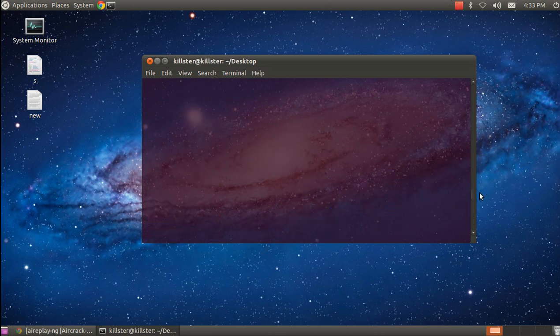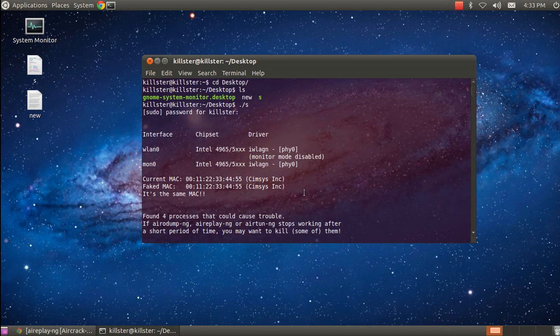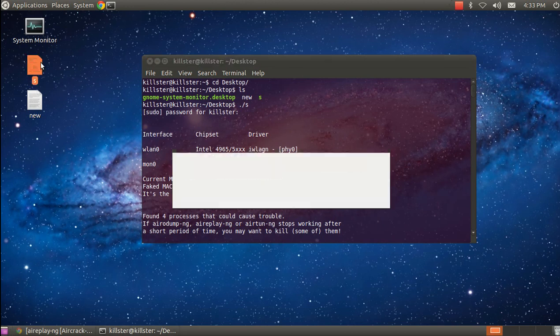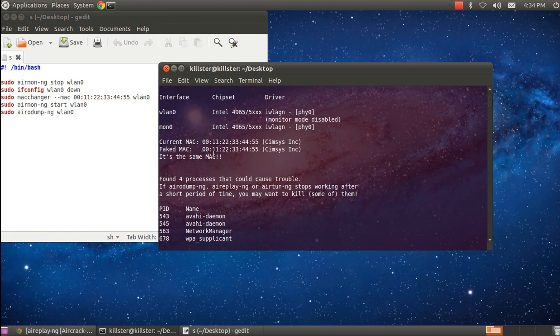And basically, I'm gonna go over to the top so you can see the other ones. So you can see that it ran everything. And yeah, what that first command did was it turned off my wireless card, and you can see that it says monitor mode disabled. Next, it faked my MAC address. So the current MAC address should be the original MAC address that you had, and the fake MAC address is the one I put in, and it says it's the same MAC, so it means it didn't change it. But yours is going to change it. So it's a very useful function before you do all this kind of practice